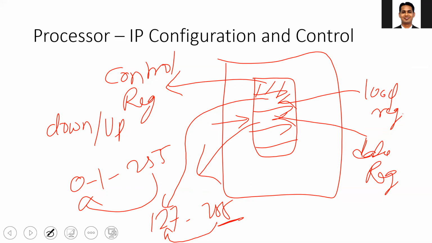Similarly, an IP may have an interrupt also. So how to enable the interrupt, how to disable the interrupt, how to set the interrupt as edge triggered or level triggered. For every IP there will be a set of driver functions. You don't need to write the driver functions for the IP, but you need to understand how to make use of them. In the subsequent labs, we'll be working on how to enable and make use of the interrupts, and if possible, we can also look at the DMA as well.